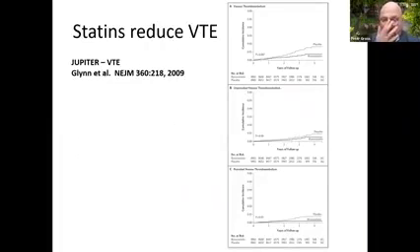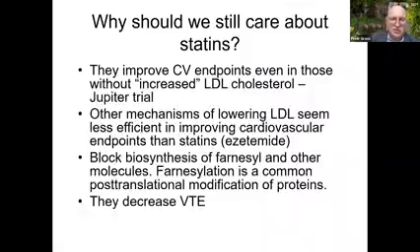The Jupiter trial, and Dr. DeLuc has this slide also, so I'm not going to spend a lot of time on it. The Jupiter trial took patients with high CRP but normal cholesterol, randomized them to rosuvastatin or placebo, and measured outcomes. They measured venous thromboembolic outcomes, and there was a significant 50% reduction in all venous thromboembolic events. The statistical significance dropped away when it was unprovoked events, but was maintained for provoked events. They're lower numbers, obviously.